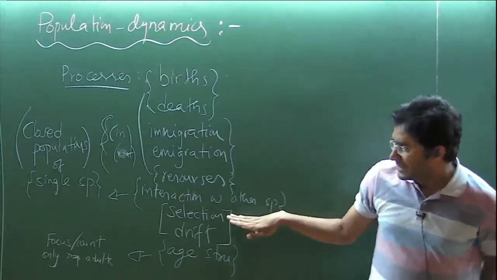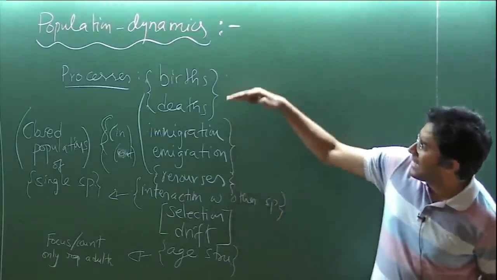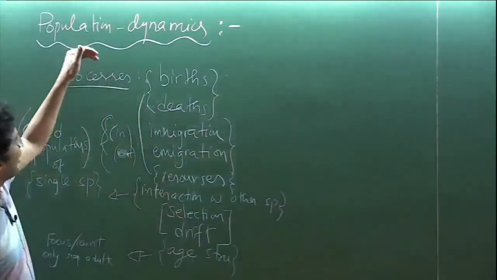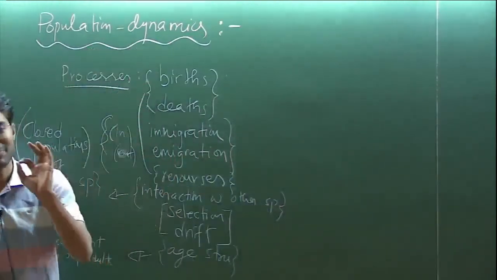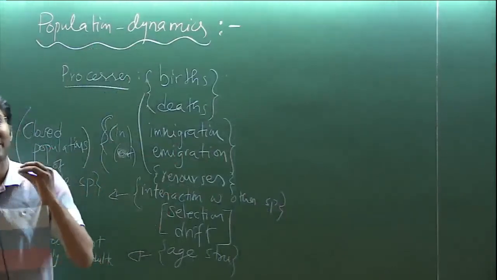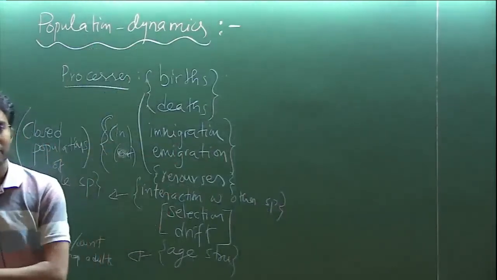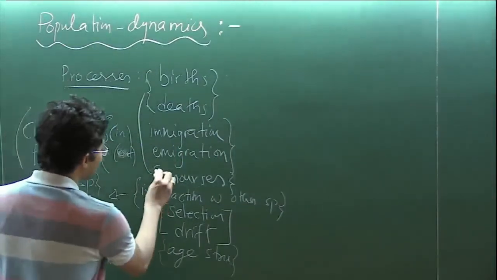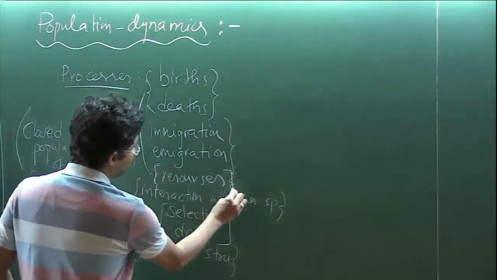So selection is always present, and that always manifests through this. So of course, selection is extremely important for population dynamics, but we must identify a specific process by which selection is acting. So what we will now do is let us assume that only resources are the important ones